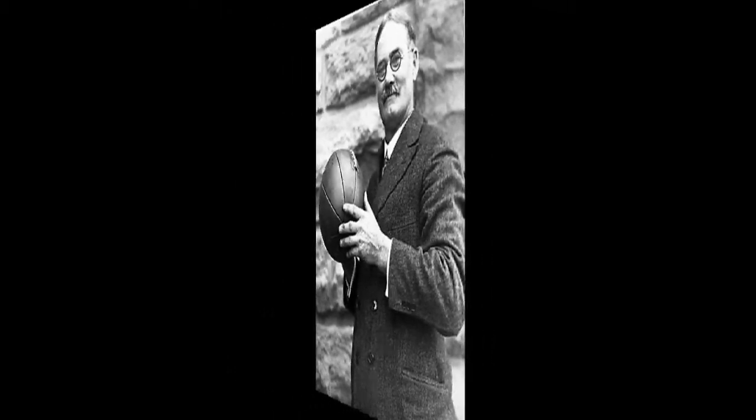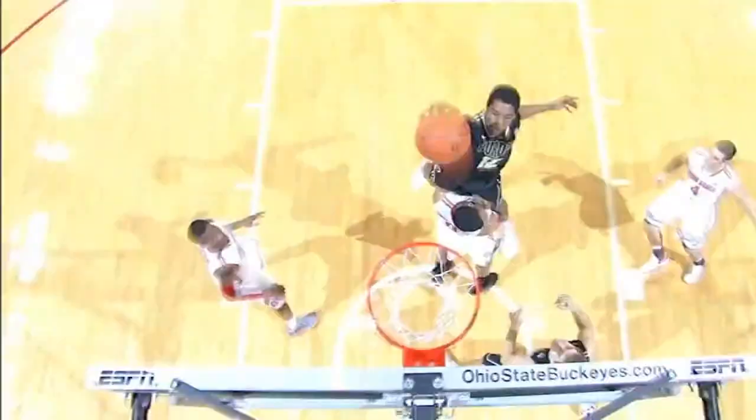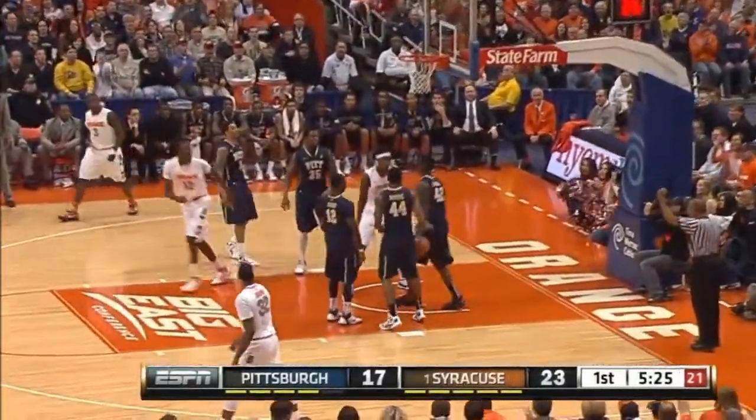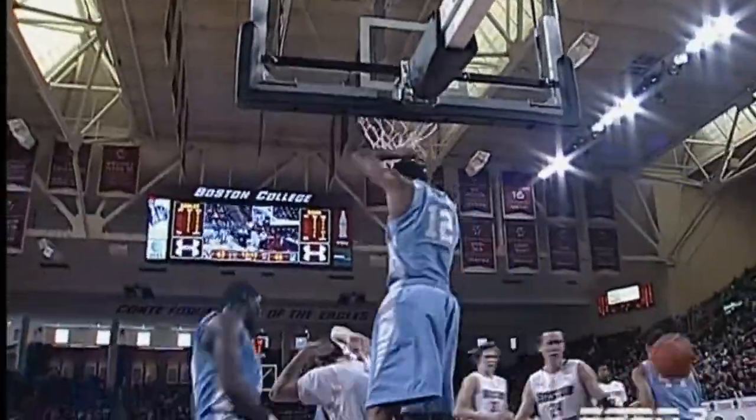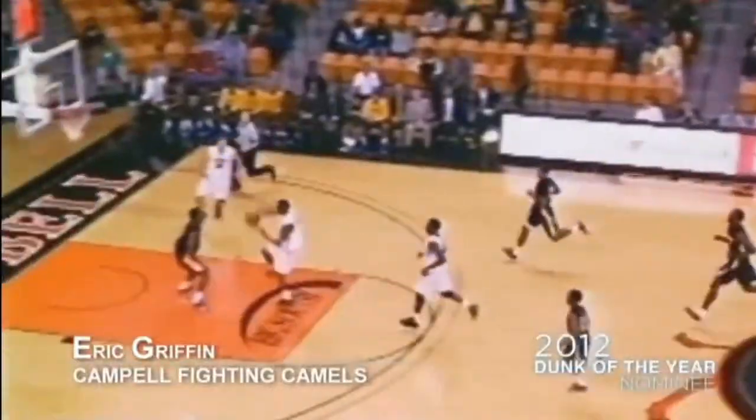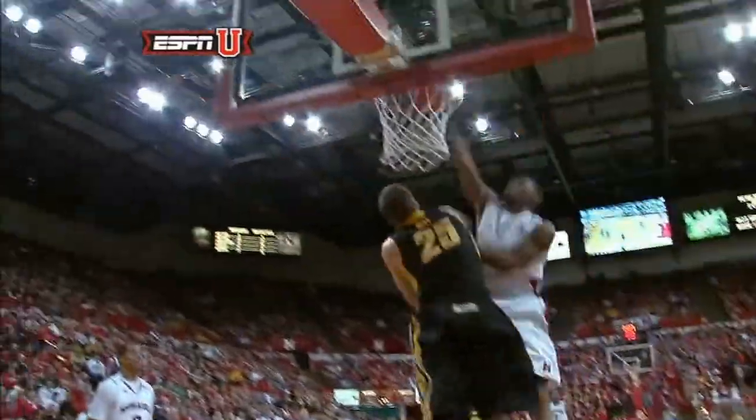Dr. James Naismith, a physical education professor and instructor at the YMCA in Springfield, Massachusetts, created the sport known as basketball in December 1891. His main objective was to seek a vigorous indoor game which could keep students active while